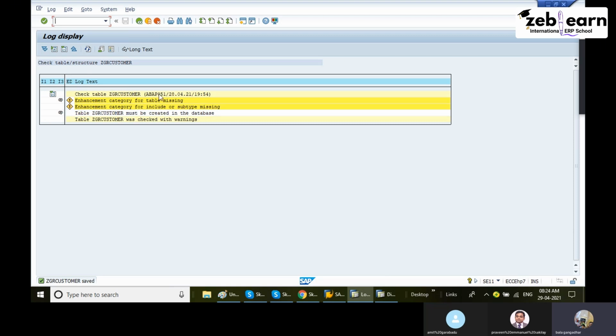We can avoid this warning also. How to avoid this warning? I am explaining now. Just read it here: enhancement category for table is missing, enhancement category for include is missing. To enhance this table and include,